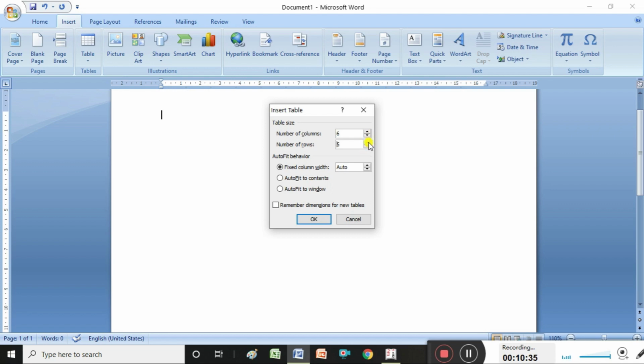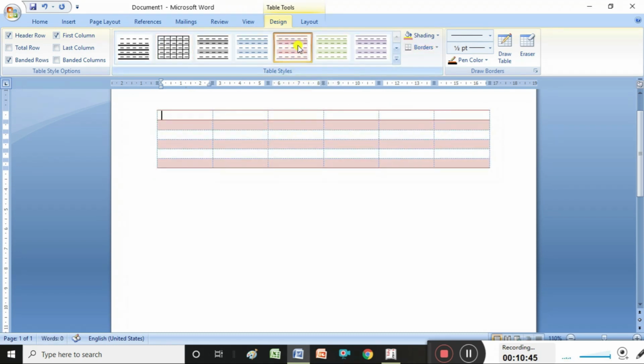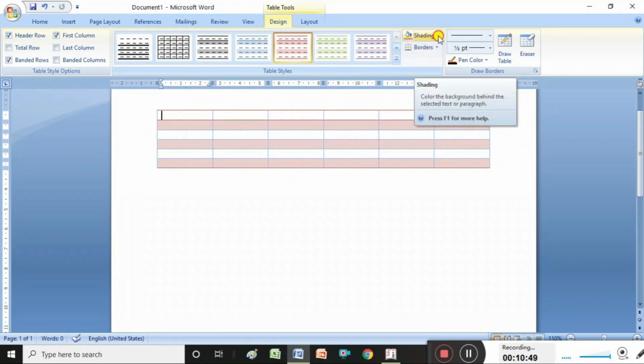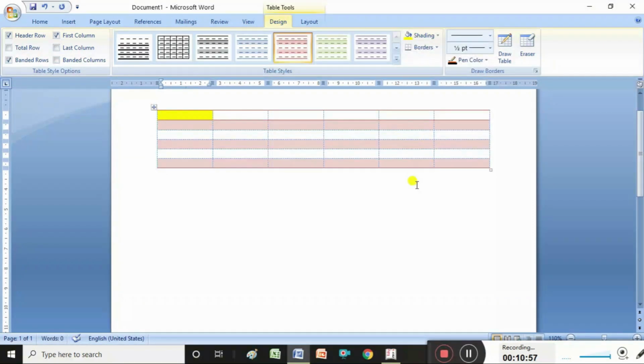Now here we want to insert rows. 6 columns, 6 rows I have selected. Okay. See, our table is inserted. Automatically table styles are showing. Which style do you want, you can select it. It is possible to change the shading colors here. See, shading color, it is possible to change here. So next one,